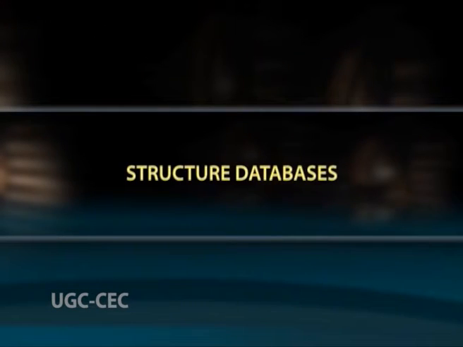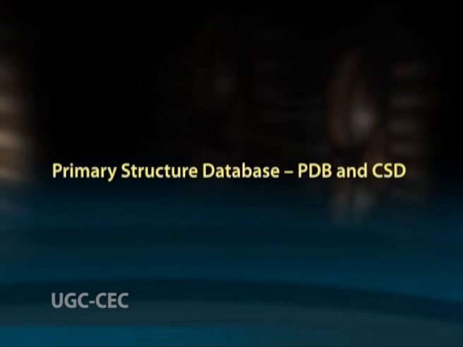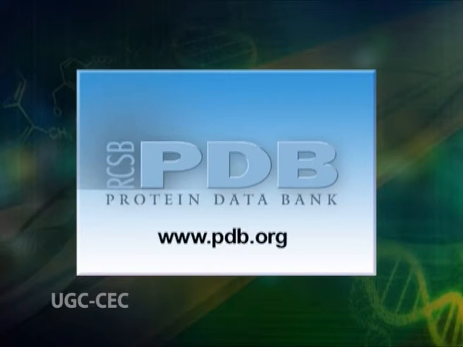Next, structure databases. First one, Primary Structure Databases, PDB and CSD. Protein Data Bank or PDB, www.pdb.org, is the archive for the 3D structures of all biologically relevant molecules such as proteins, nucleic acid fragments, RNA molecules, peptides, etc. The database receives data derived mainly from X-ray crystallography, NMR experiments and molecular modeling. The data in PDB is organized as flat files, which is column oriented like that of the punched cards used by early Fortran programmers.